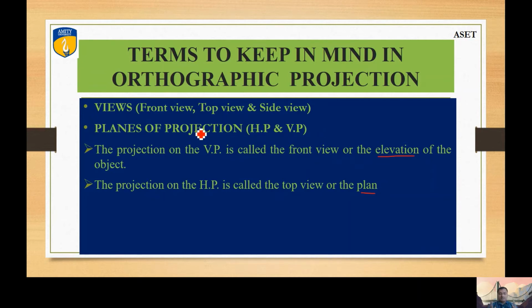So the total number of the keywords which we have used till now, just to make you recall, we have started with the observer, right? Observer is seeing the object, so the object is also very important. Then the projectors, the rays coming from the eyes of the observer, that are called projectors, right? And the image which is called the view, right? They are front view, top view, side view for the multi view, and the image which is going to appear on the screen, that is called plane of projection. So plane can be horizontal plane, and the rest. Now you can correlate all these terms.